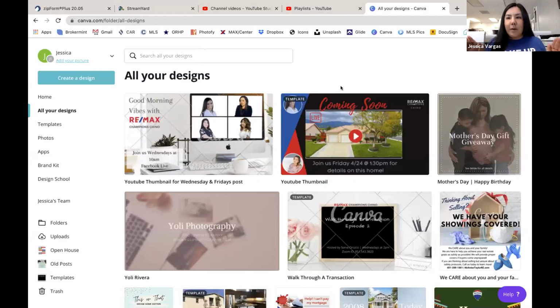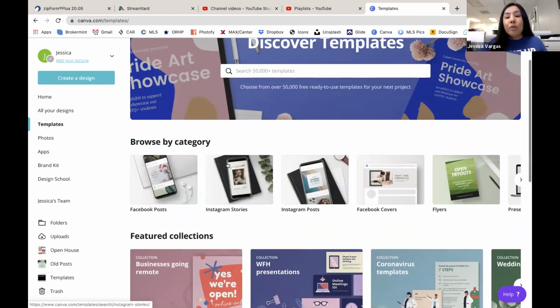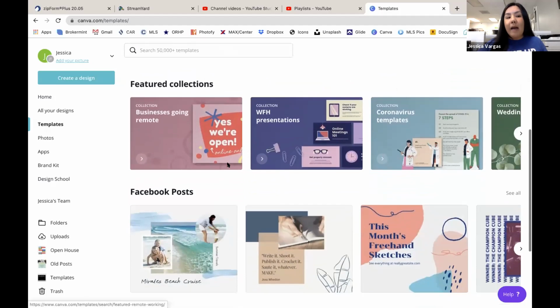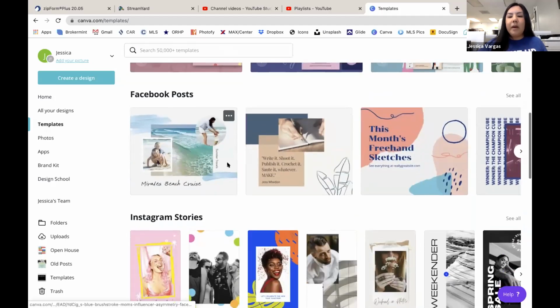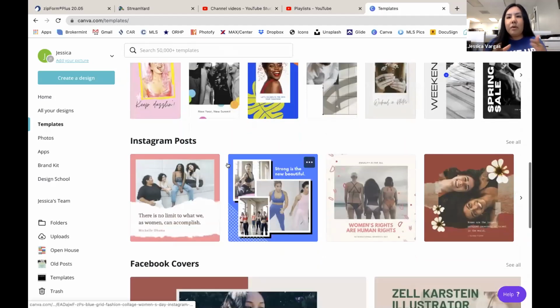Okay, so here we go. Can you guys hear me okay? Yes. Okay, perfect. So this is Canva. You have access to everything. I use this on my iPad, on my phone, and on my desktop. It syncs through all of your stuff. They do have their own templates, and I do work with the templates they have, but I also like to make my own, only because I like to personalize it to the specific agent.